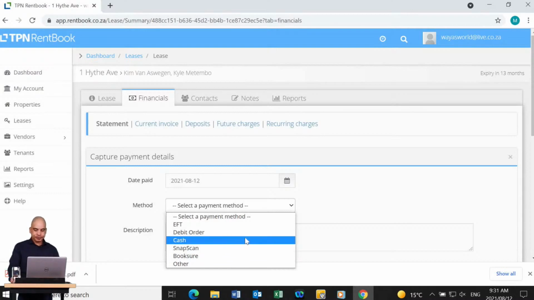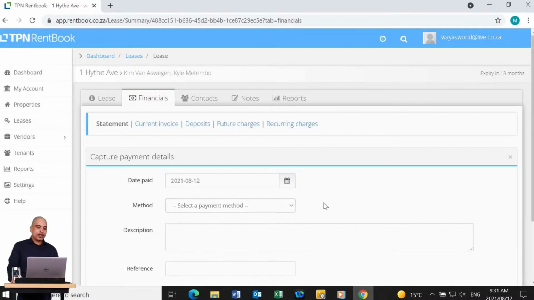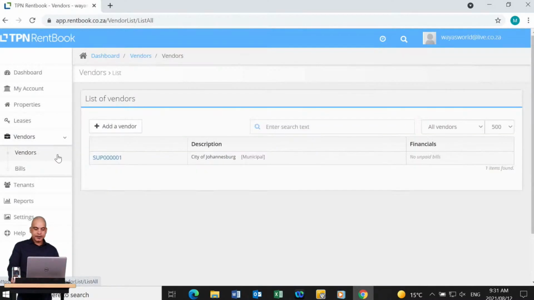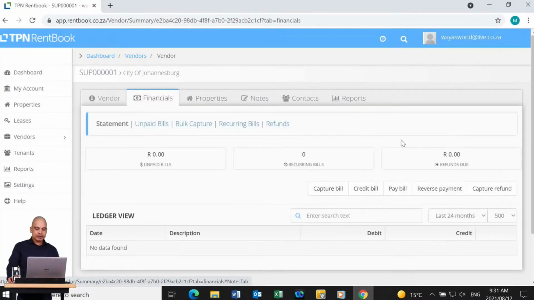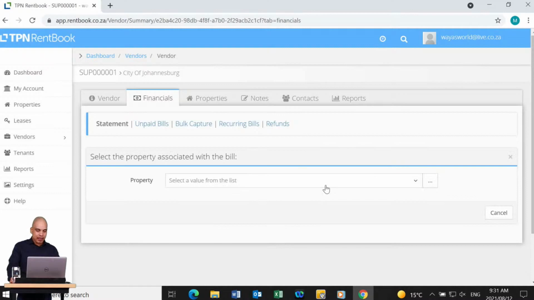Thanks, Waylon. Okay, so now we've invoiced the tenant, we've captured the tenant's payment. We now need to go and pay the municipality. So if you go to vendors, to that specific vendor, financials, and now we're going to click on capture bill. We'll then select the property for the bill,